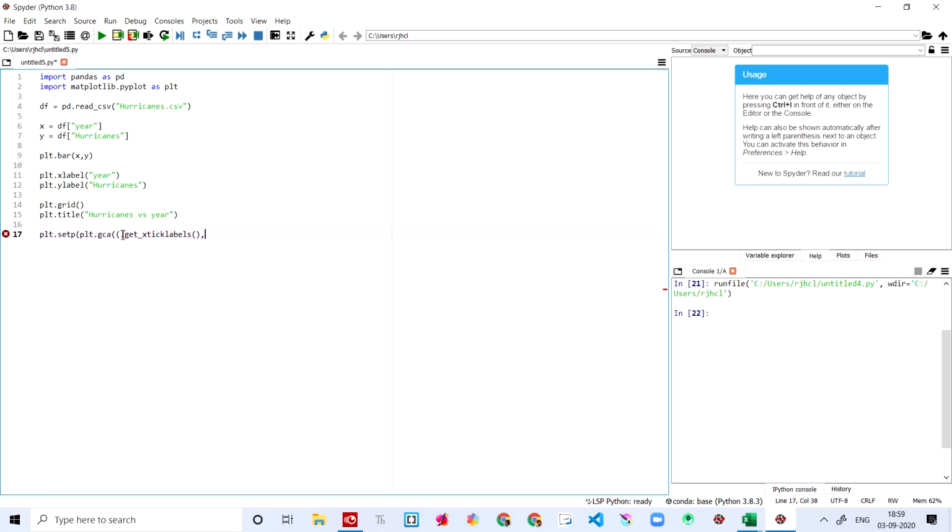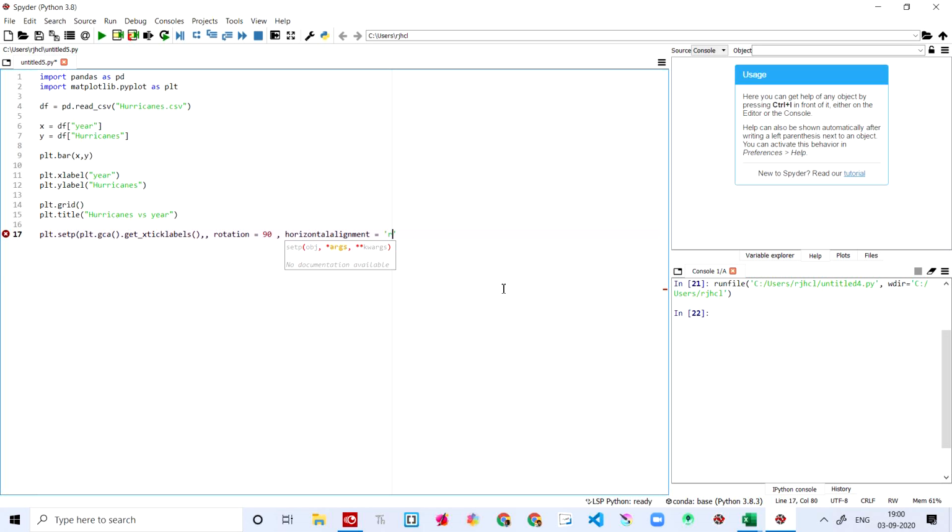We are going to remove this, and I'm going to end this by saying ticklabels, comma, rotation equal to 90 degrees. We are setting the rotation. The horizontal alignment is equal to right.